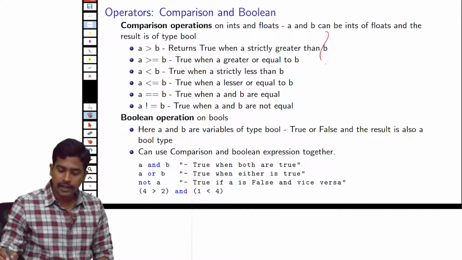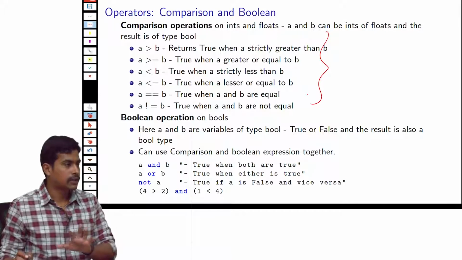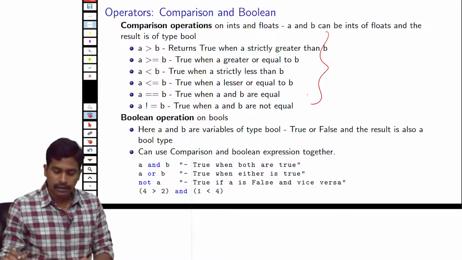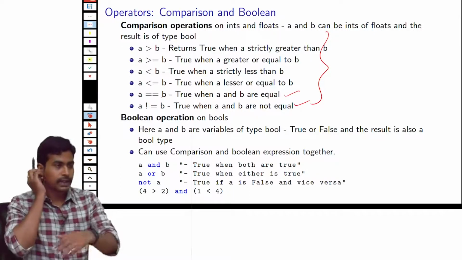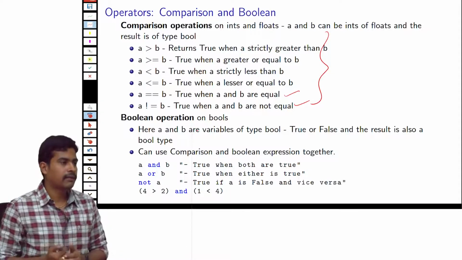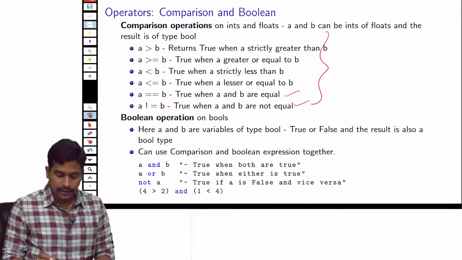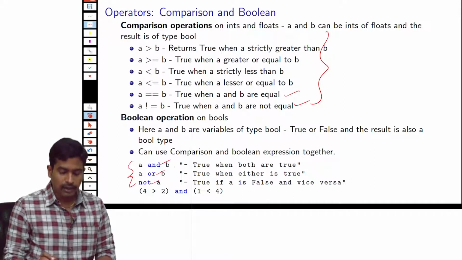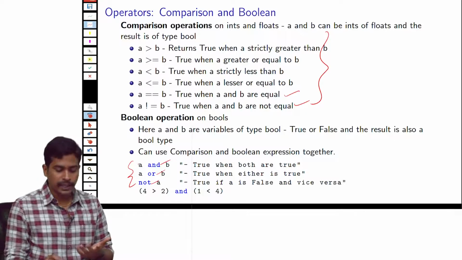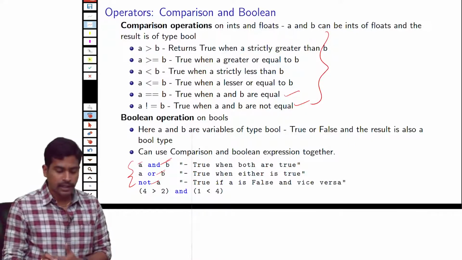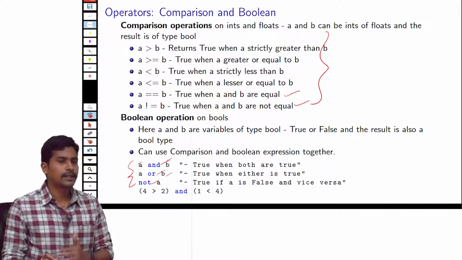And we have seen comparison operations can be performed on integers or floats. You cannot compare true or false with each other. We can compare using equals to, but not greater than and less than. Now we will see what are the different kinds of operations that we can use on Boolean type of variables. These are the 3 allowed Boolean operations in Python, which are AND, OR and NOT. We all know what an AND is. If both A and B are true, then only the result of the operation will be true. In other cases, it's going to be false. Similarly for A or B, it is only false when both are false, and in all the other 3 cases, it's going to be true.